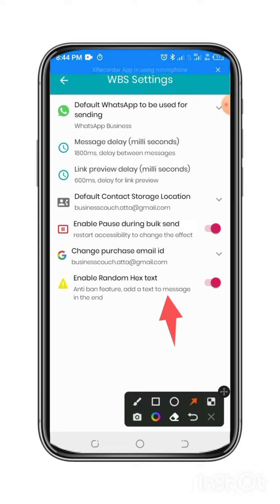Enable random hex text. What it does is that if you are going to be sending a lot of messages, but if your messages are going to be few, like 200, 300, up to 500, then I would recommend you just turn it off. But if you are going to be sending close to 1,000, 1,500, 2,000 messages, then I would recommend you put that on, so that